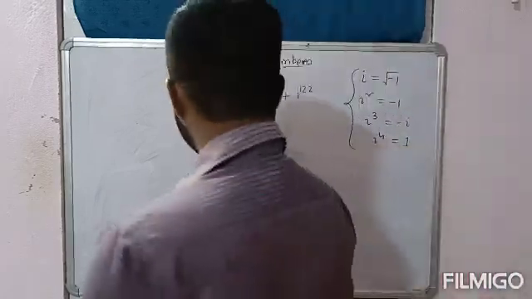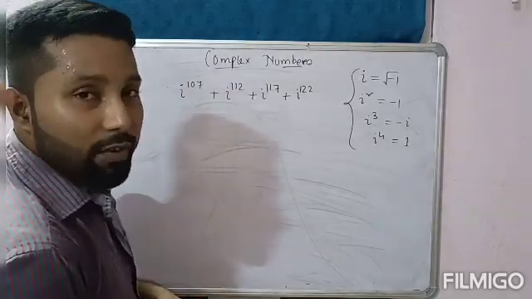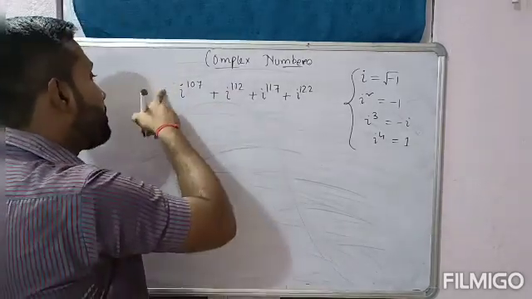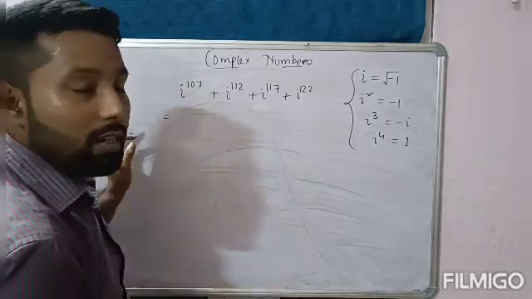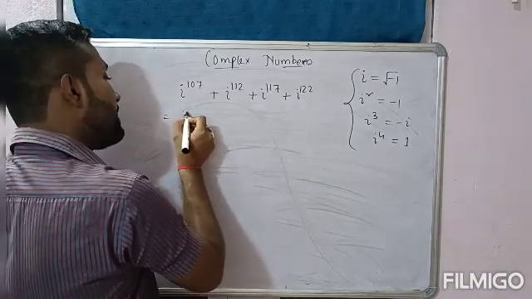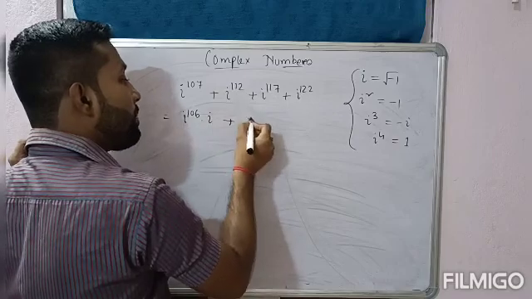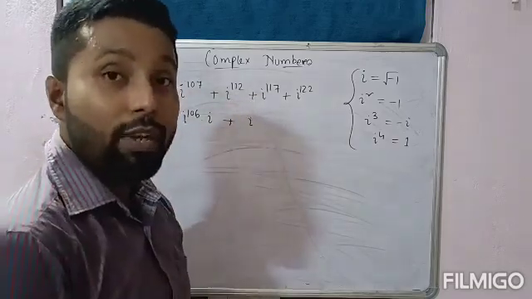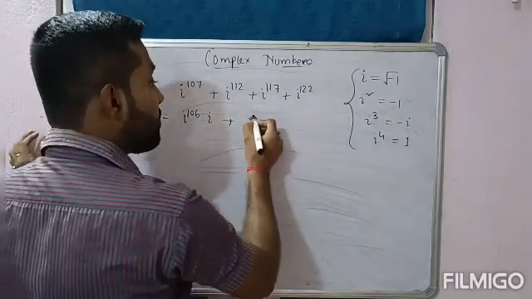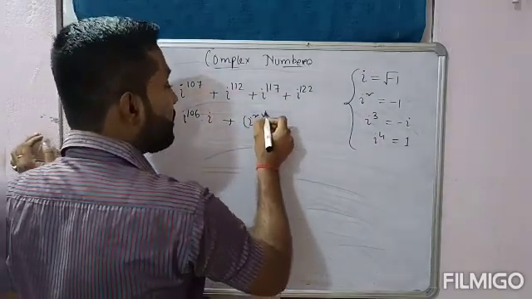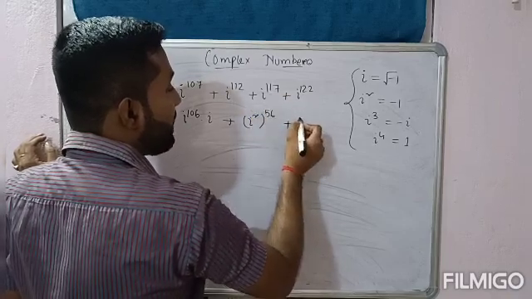So if you know how to find the values of the individual data, better you find out the values of the individual data. So 107 जो है, the exponent is odd or even. 107 is odd, so first you make it even. So 107 can be written as I to the power 106 into I plus I to the power 112. 112 is even, so since it is even, you divide that number by 2, so it can be written as I square whole thing to the power 56 plus I to the power 117 can be written as I to the power 116 into I